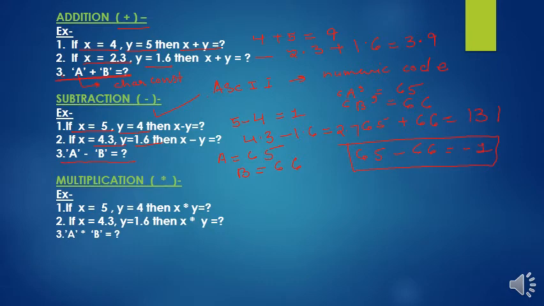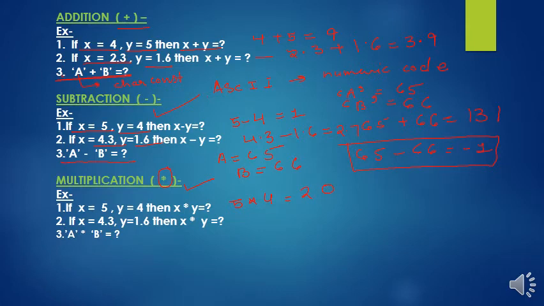So third one is multiplication. In Java, multiplication is represented by the symbol asterisk. This operator multiplies the values contained in the two operands and returns the product. The value in the operand may be short, int, long, float, double or char type. For example, here the value of x is equal to 5 and y is equal to 4. So 5 into 4, the answer will be 20.